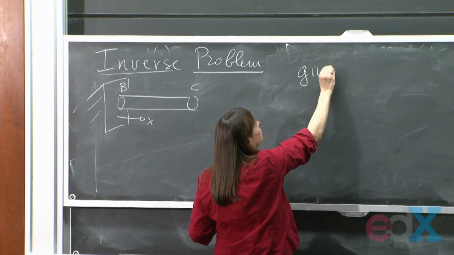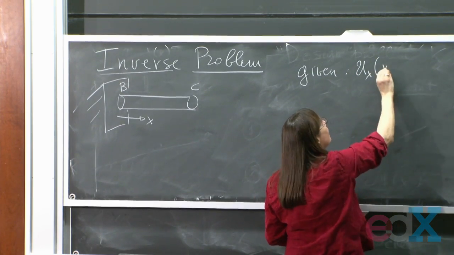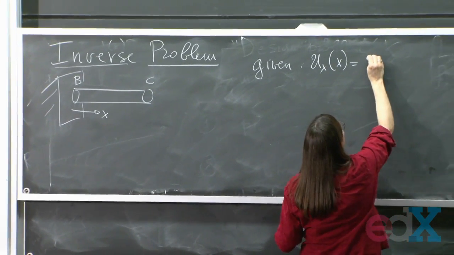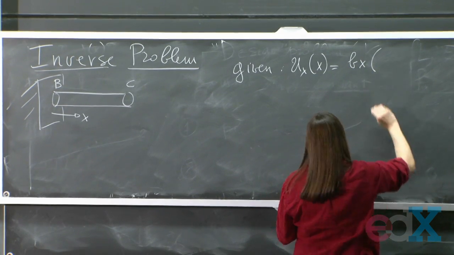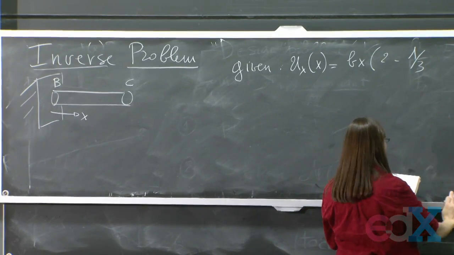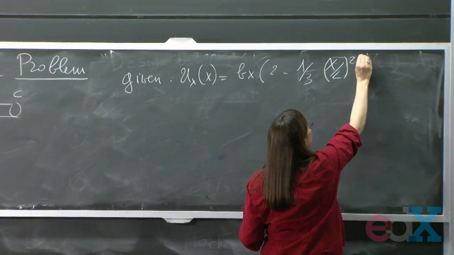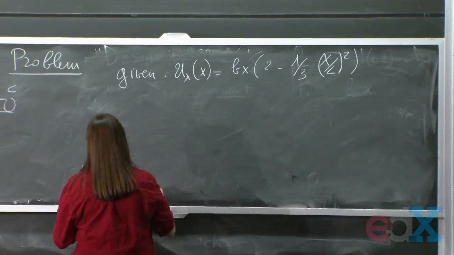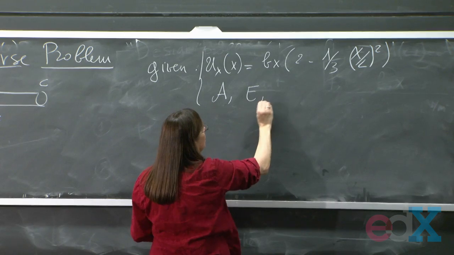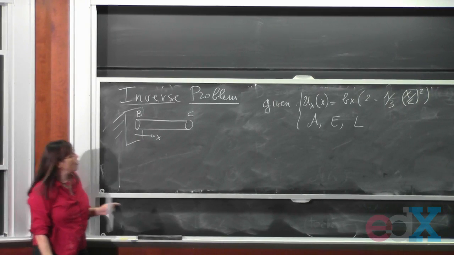And I'm giving you the very end of the story. Ux of X equal to Bx that multiplies 2 minus 1/3 x over L squared. So you're given Ux of X, and you're also given A, E, and L, the geometry and material of the bar. And what I want